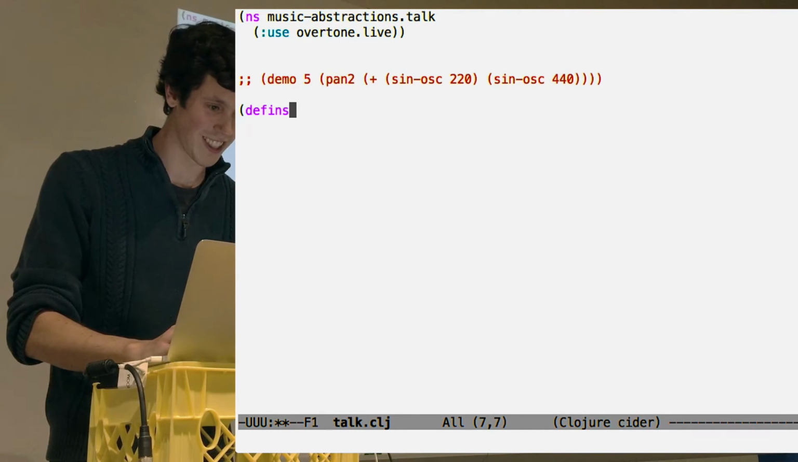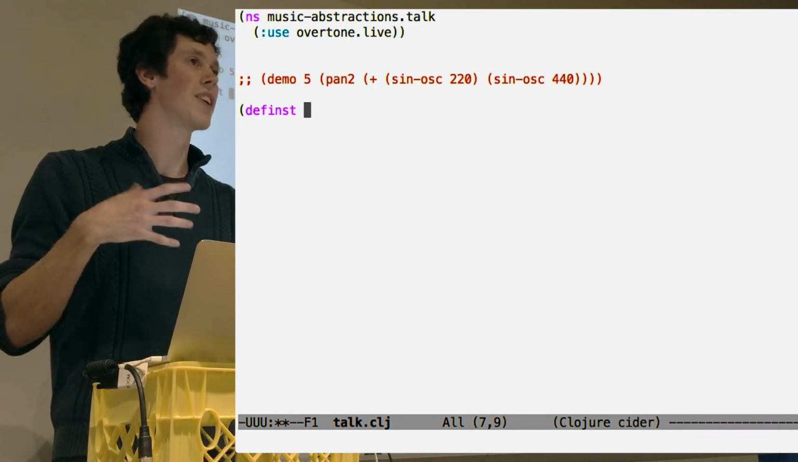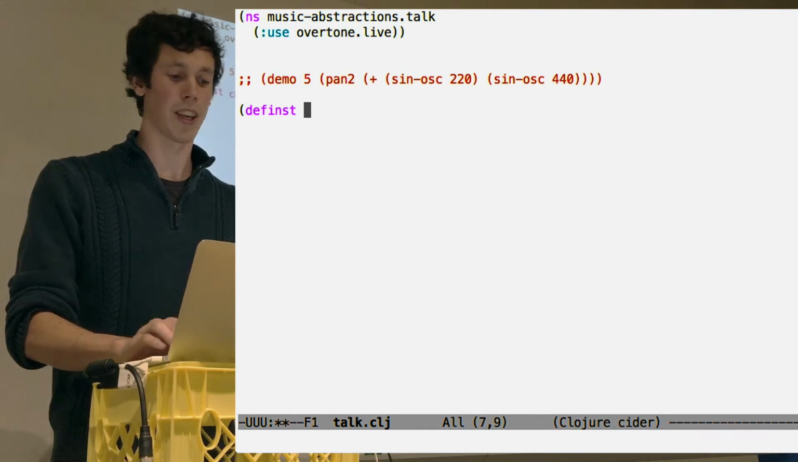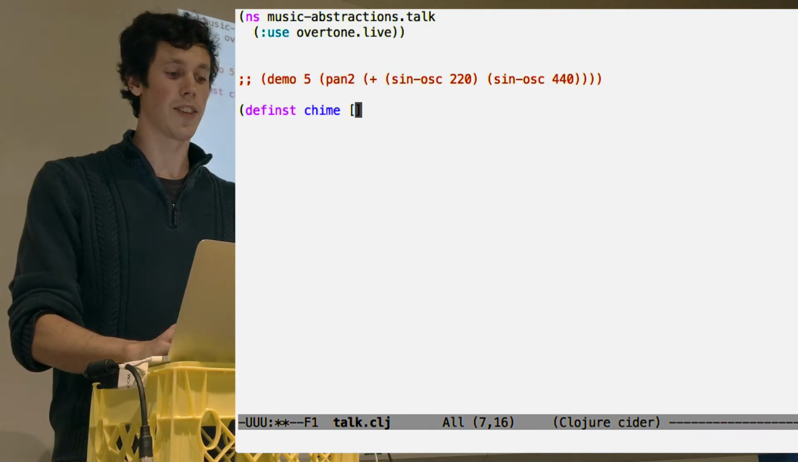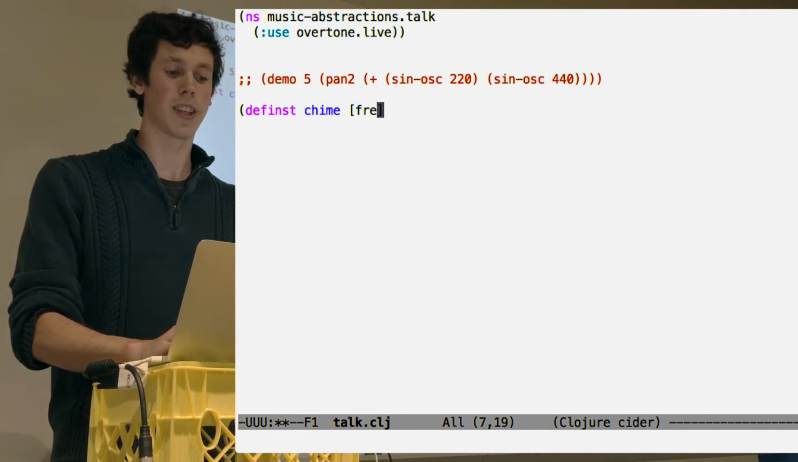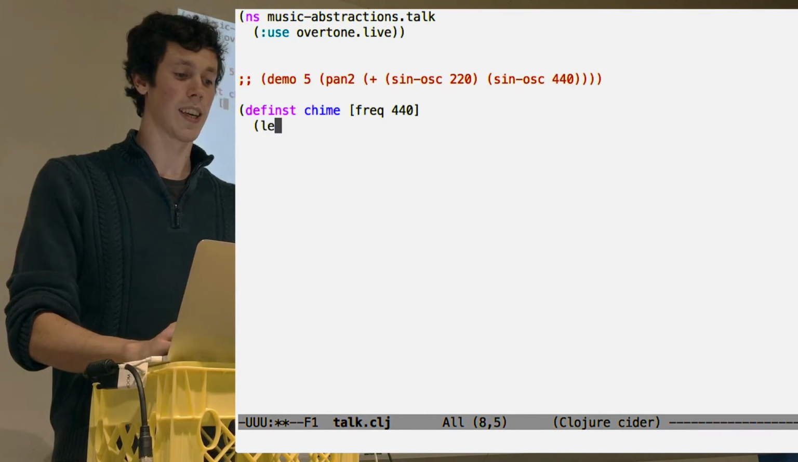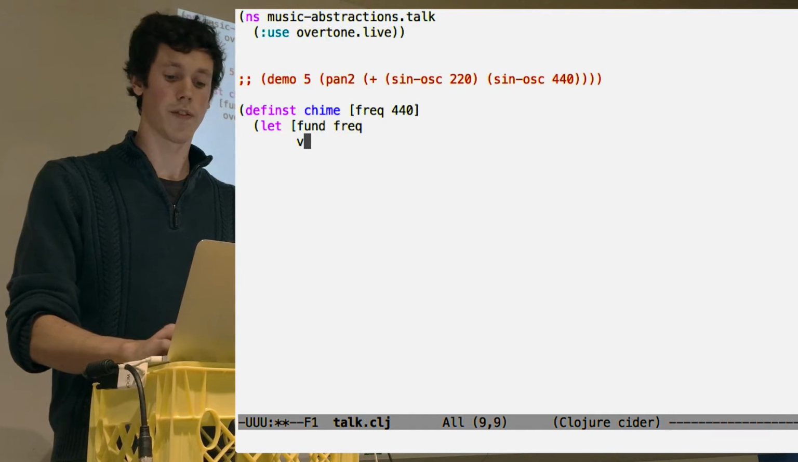Let's make sure I spell this. Instrument. Def inst. Okay. And Overtone has this abstraction. There's a macro, definst, and I can name something here. I'm going to make an instrument that sounds like a chime or a bell, and I'll give it some arguments. It'll take a frequency with a default of 440, and I can start to use these abstractions. So I can let my fundamental be this frequency, and I can let a first overtone be a scalar multiple of the fundamental,